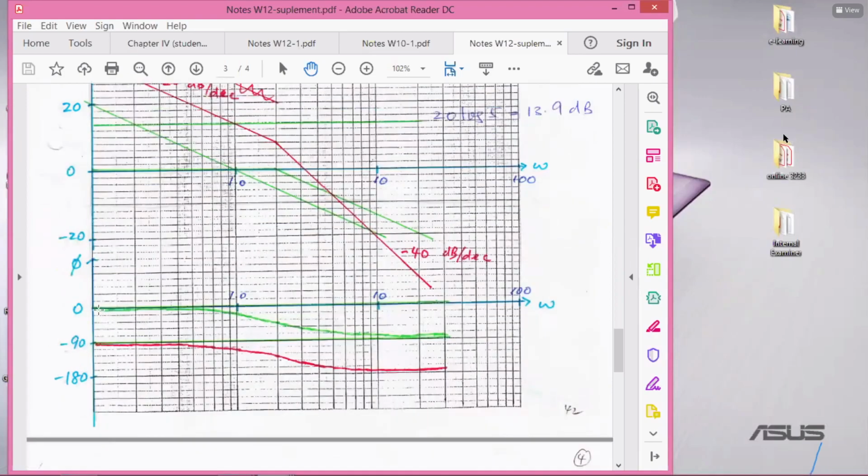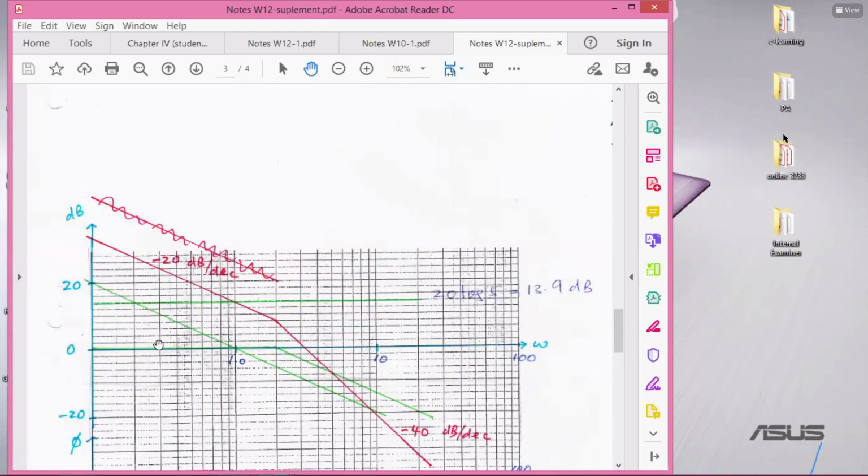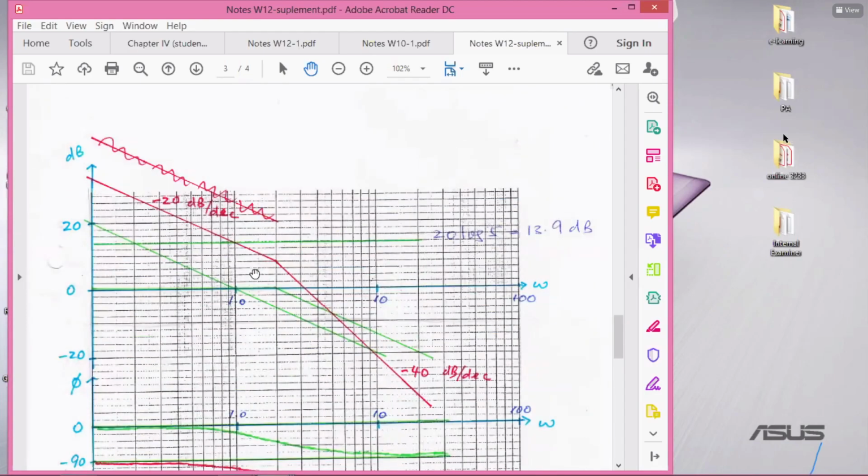So 0 plus 0 plus 0, 0 plus 0 minus 90, you get negative 90. Again, that's 0 minus 45 minus 90. So that's minus 135. And there is 0 plus 90 plus 0 minus 90 minus 90, which is minus 180. So you plus that. So the curve here is also, you can add point by point, or you can add